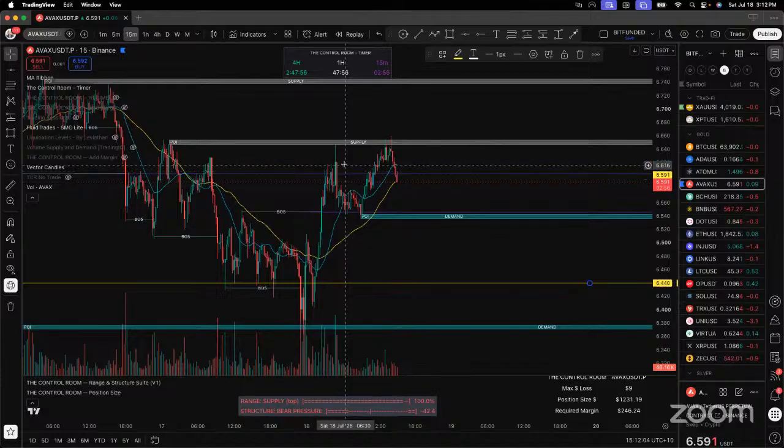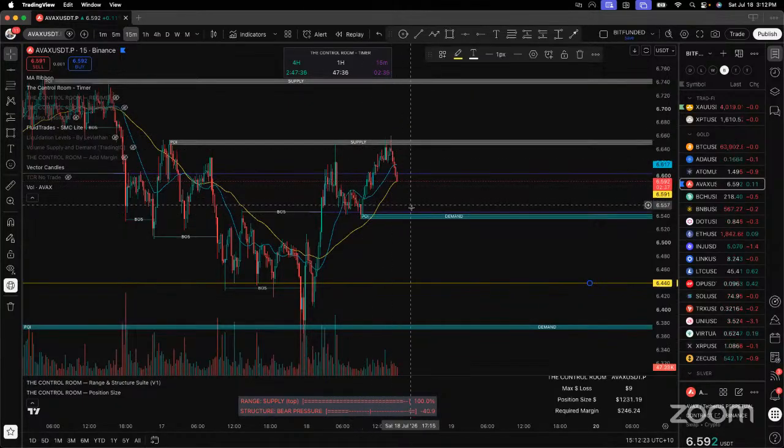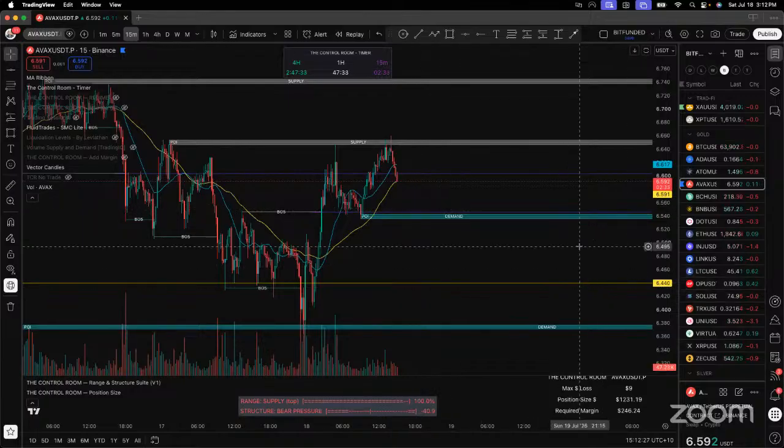So I've taken profit. Took a TP1 here. TP2 here. Could have added there, but what was I doing? I was doing an exam. So it's made a higher high. That's good. So I want to see it come back and make a higher low. And then I might add to it.